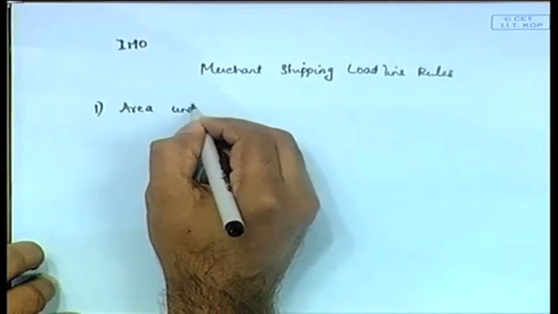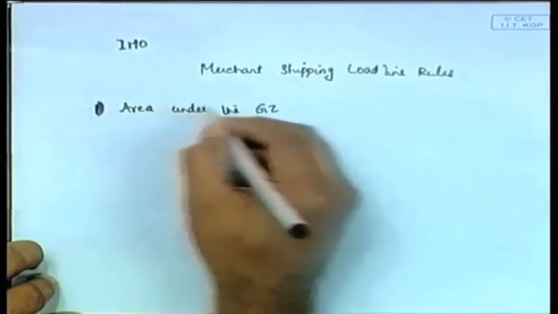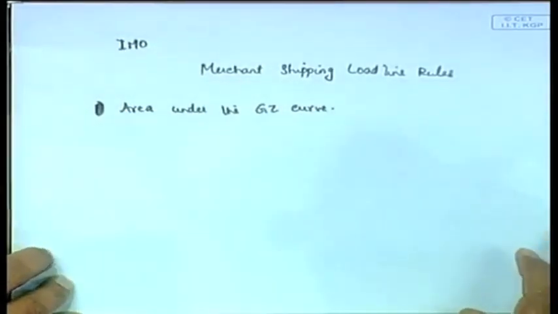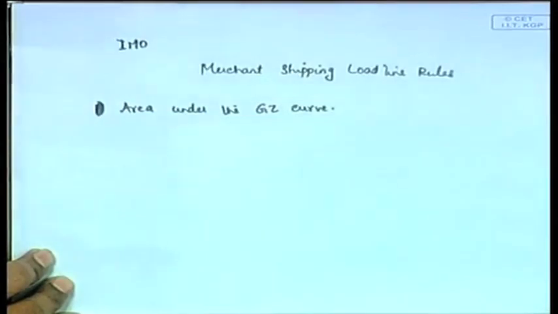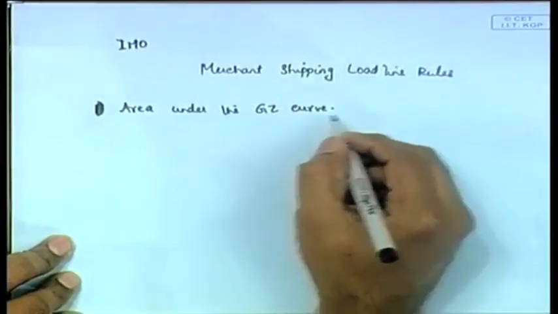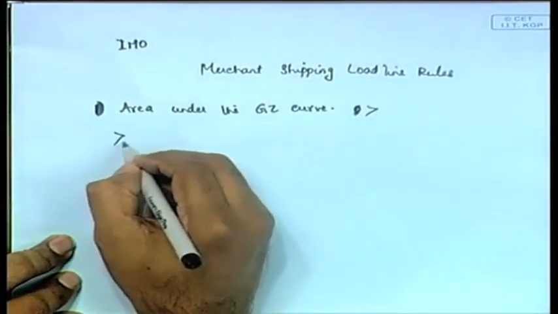the area under the GZ curve for any ship. Area under the GZ curve means the GZ curve is always with respect to phi, the other coordinate is always phi, so it is GZ versus phi, that is the statical stability curve, so we call that the GZ curve. GZ curve is always this curve of GZ versus phi, so nobody mentions GZ phi curve or anything, it is called the GZ curve. So, the area under the GZ curve should be greater than